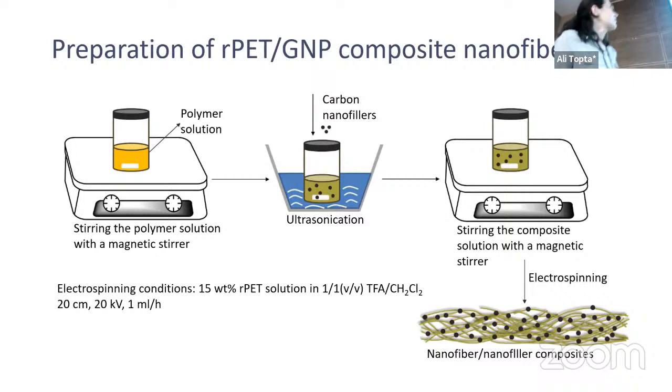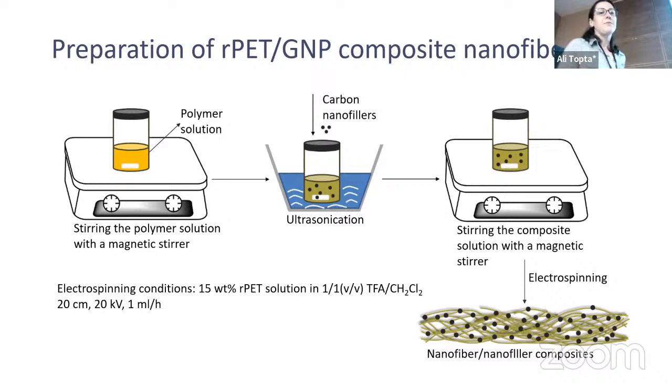For the preparation of these nanofibers, we first dissolve recycled PET pellets in a solvent system composed of dichloromethane and trifluoroacetic acid. We magnetically stir them until we have a homogeneous solution, and then we add the graphene nanoplatelets to this solution, and we make a homogeneous dispersion using ultrasonication and magnetic stirring, and then electrospin this